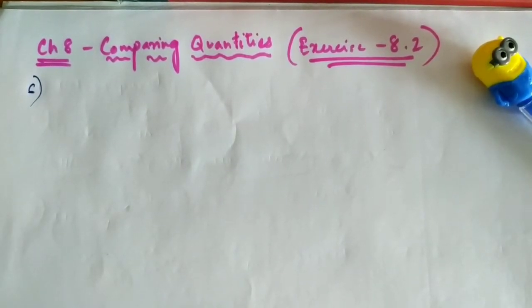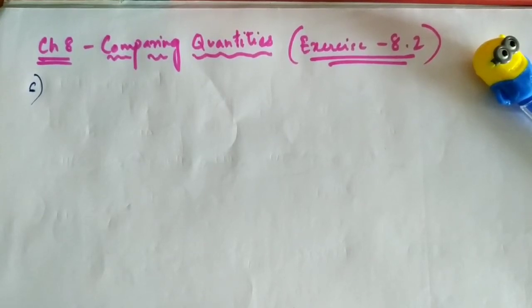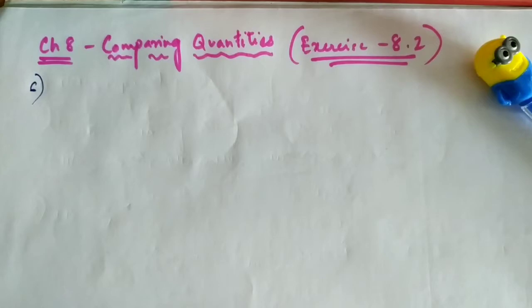During a sale, a shop offered a discount of 10% on the marked prices of all the items. What would a customer have to pay for a pair of jeans marked at rupees 1450 and two shirts marked at rupees 850 each? So the shop is offering a discount of 10% on all items bought from the shop. And so if a person buys a pair of jeans which is marked at 1450 and two shirts which are 850 each, what amount does the person have to pay?